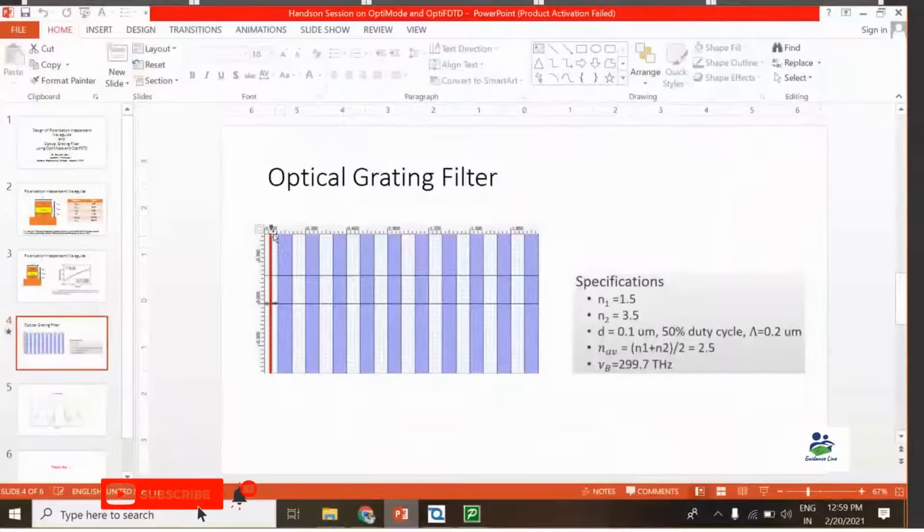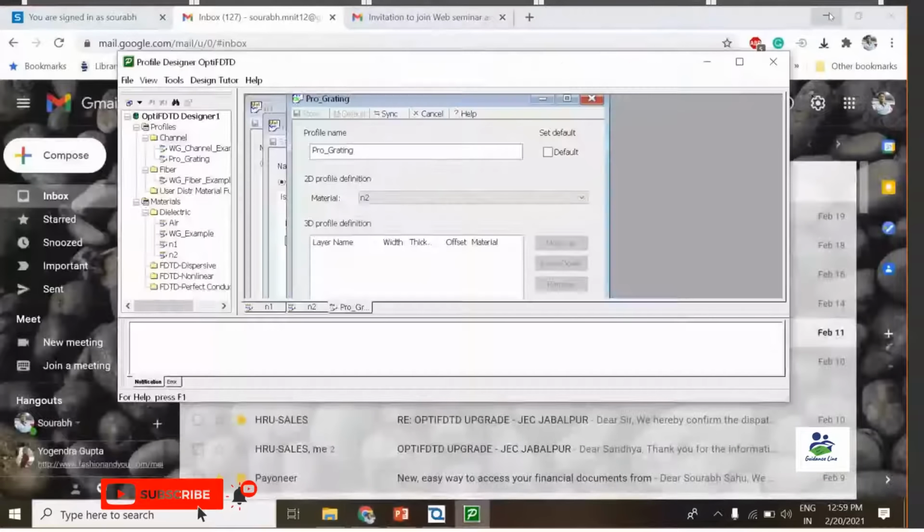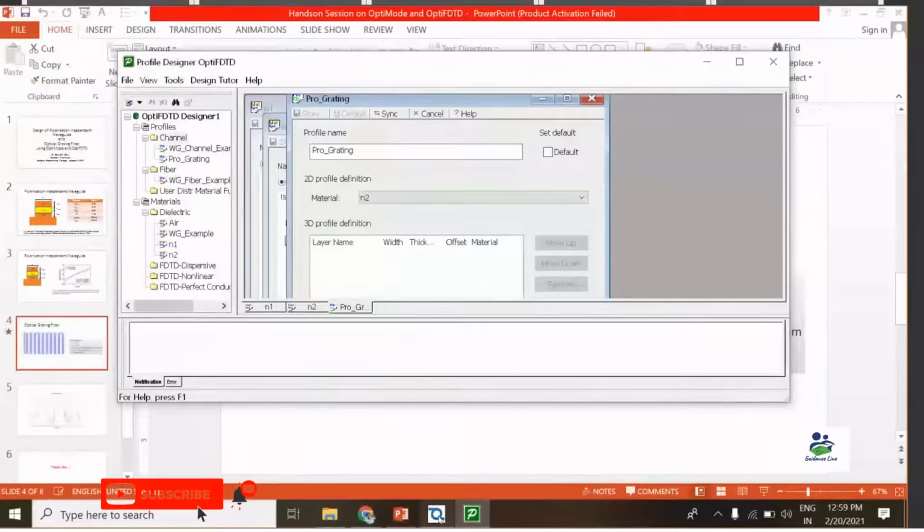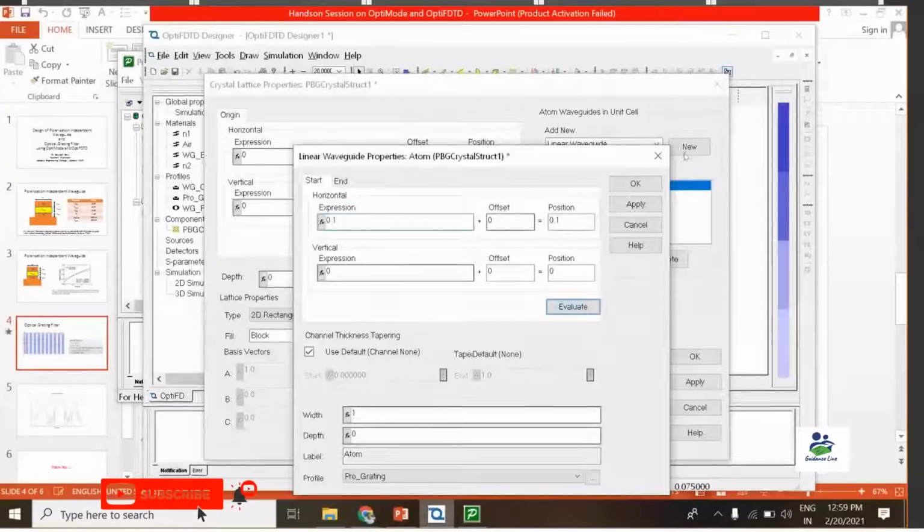So I have started from 0.1 and added 0.2. So simply click on OK and OK again.